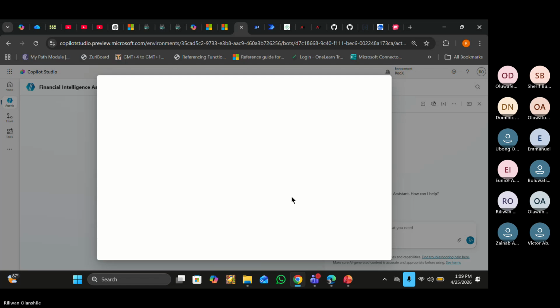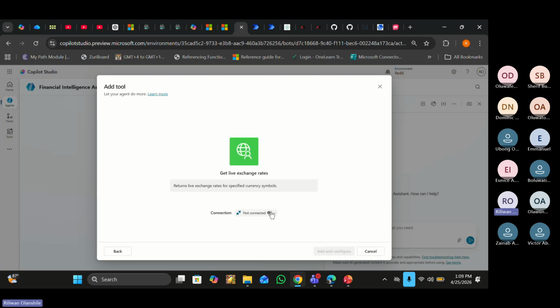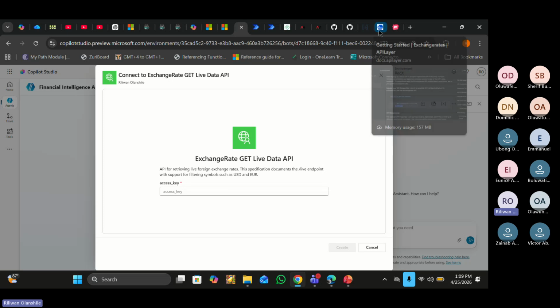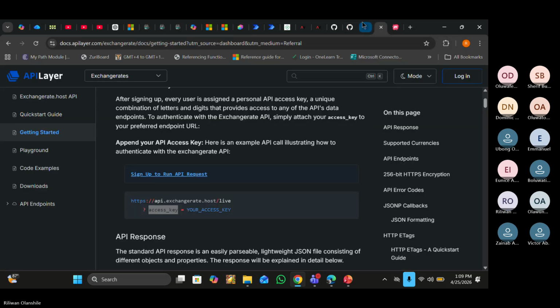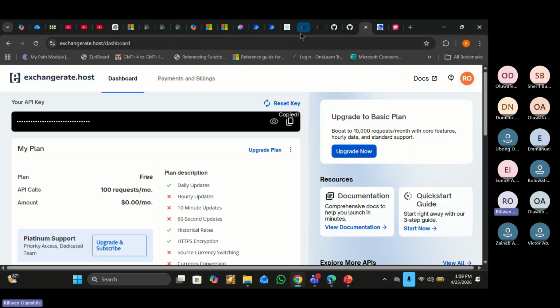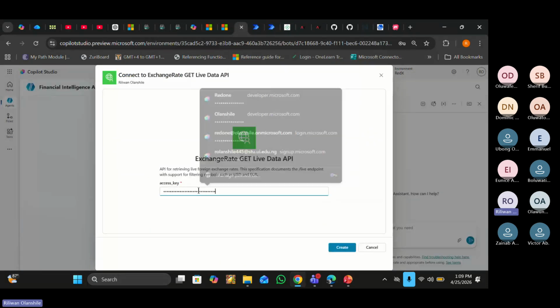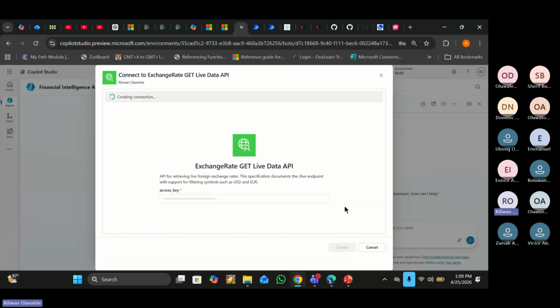Select the action. So now, similar to Power Automate, you need to create a connection, the way we normally do in Power Automate. When you create a connection, now I need to paste my access key. I'll just come and copy my access key, come here, Control V, paste it there, create.